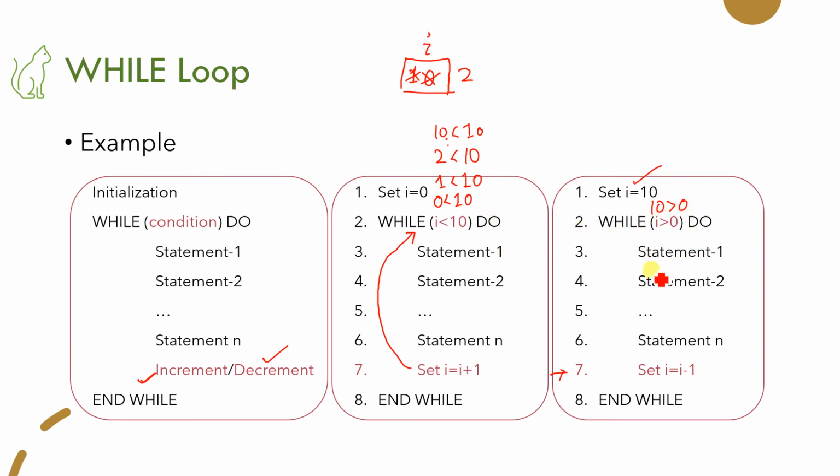So as the earlier loop was increasing the value by 1 and comparing with 10, similarly this will decrease the value by 1 and compare with 0. So 10 is greater than 0, 9 is greater than 0, 8 is greater than 0, and so on. When 0 is greater than 0 comes, this condition becomes false and the control comes out of this loop. Remember, every one line means execution of each statement at least once makes one iteration complete. So iteration means the execution of these statements one time.